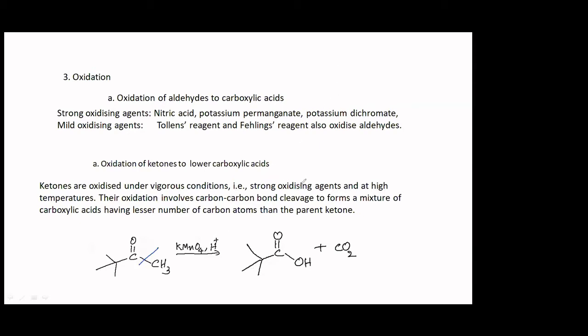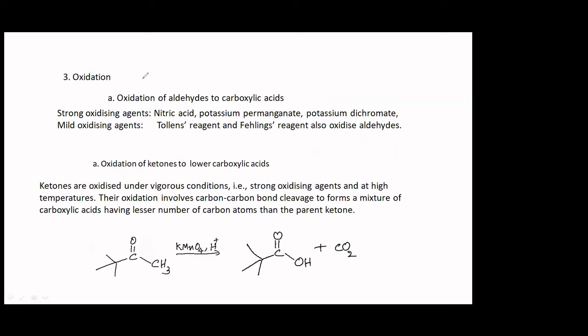Okay. But if the compound were like this, then there would be more than one. Supposing there is a carbon, C double bond, CH3. Now the bond can break here. The bond can break here also. In that case, you will get one more product. Which is that product? This will be COOH and acetic acid, CH3COOH. So you should be able to identify that. Okay. Any doubt?